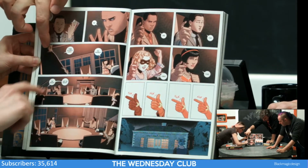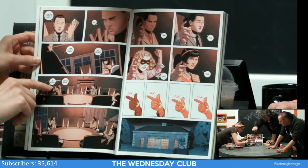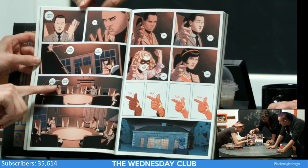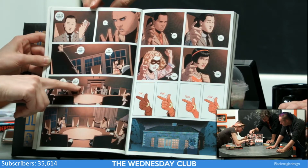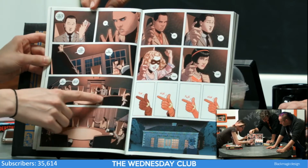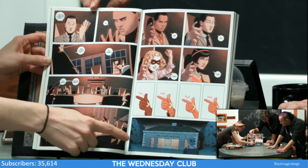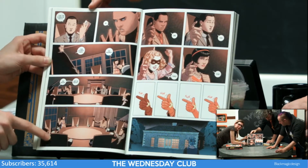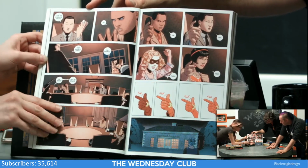And it's again left to right, down. She says two things in sequence without someone else interrupting, and they let us know that by the fact that her bubbles are connected. First she says this, and then she says this. And he's intentionally, I think, left this space blank to show that no one immediately responds to that. In fact, the whole room hangs in silence for another moment. We're using the panels very much to progress time here. And then...